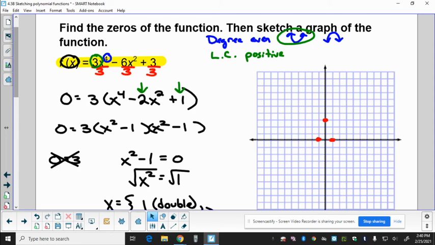So we know to put some arrows up here to the left of that point, and to the right of the rightmost point, it's got to end up traveling in the upwards direction. Both of these zeros are double zeros, so they've got to look like little parabolas when they hit the x-axis. Now the last thing to do is fill in all the spaces. And this one looks like it's going to be pretty easy. So this is going to travel down. It's going to hit that x-intercept. And now I bet it turns there. Now we don't know for sure, but we got a pretty good idea. And I think we've got a pretty decent sketch